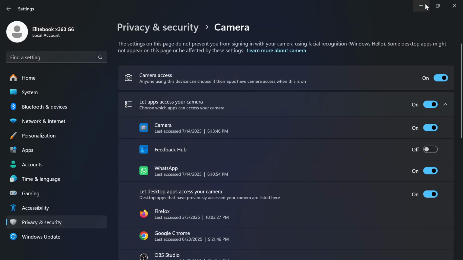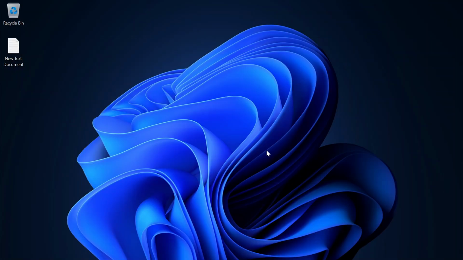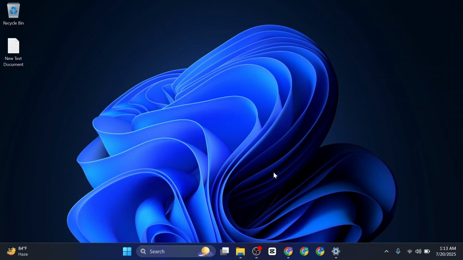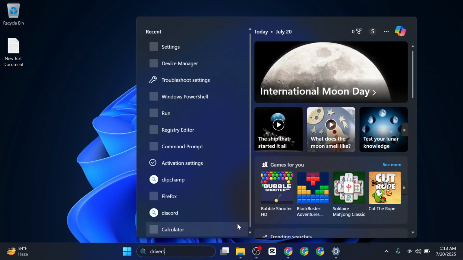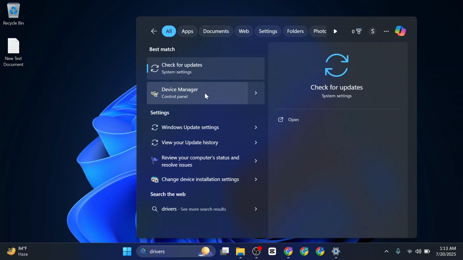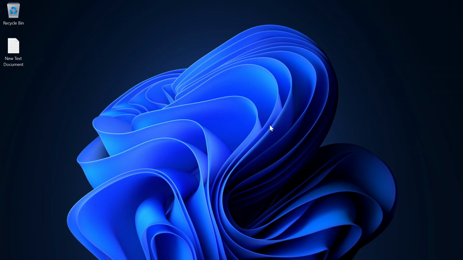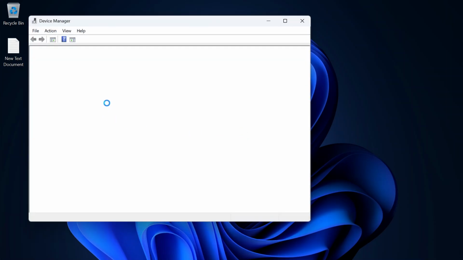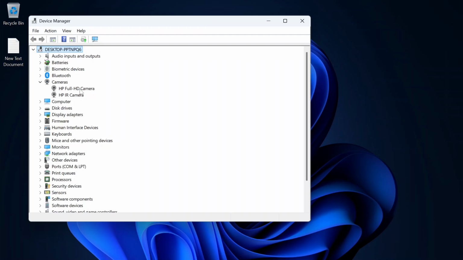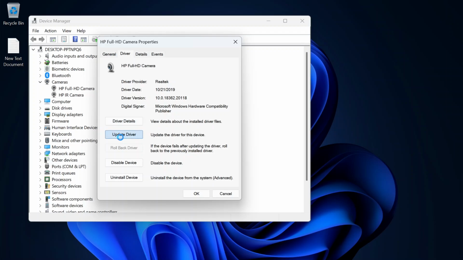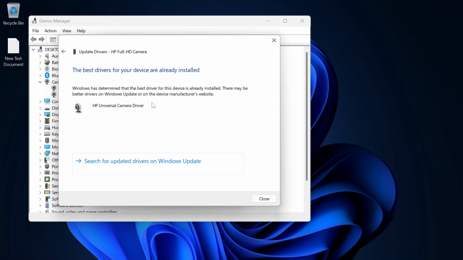And if that is also not the fix for your problem, then you can go to the Windows search bar again and search for drivers from here and click on device manager, and then select the cameras option from here. Expand the option, and then right-click on the camera and you can directly click on update driver from here, or you can click on properties and go to the drivers option and click on update driver and search automatically for drivers, and then